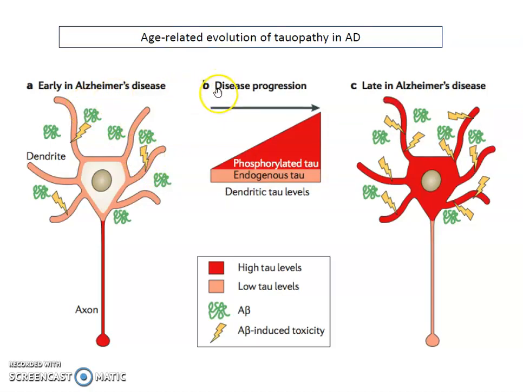So the disease progression, what happens? The phosphorylated tau and the endogenous tau, the dendritic tau level. Here is the early disease. Here is the late stage of Alzheimer's disease. What happens in the late stage of Alzheimer's is that there will be a high tau level, as shown here, and in this part there will be a low tau level,